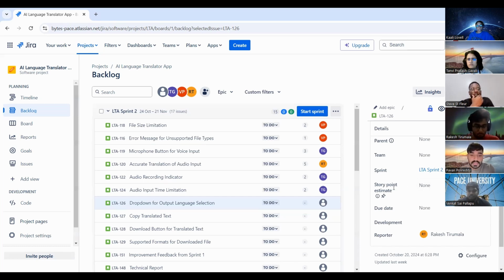We'll see this. Okay, so what should I give for the storage and destination? The drop down is already in place, right? Yeah. Maybe you can give two points and just assign it to me. I'll check.